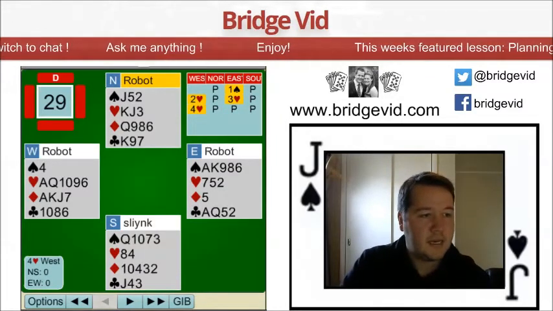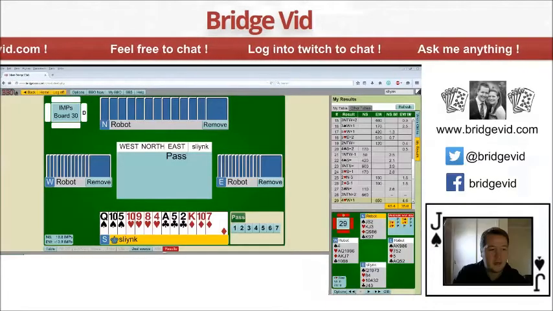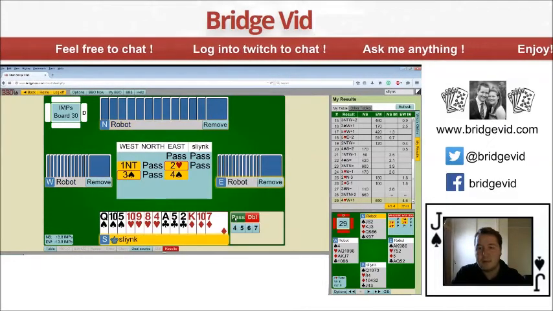Okay, so that was hand number 2 of Where Are the Cards? We'll get another hand up. Boring 9 count, and again, probably won't be a